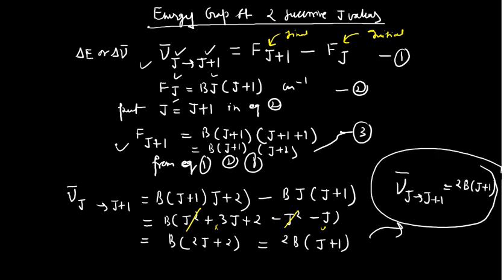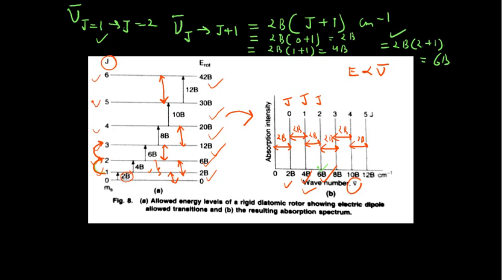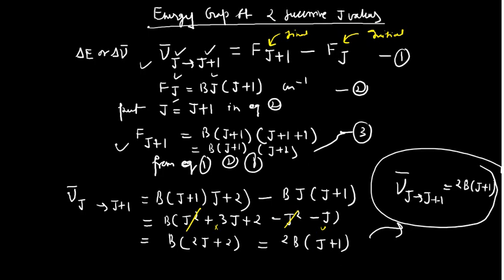See, this equation you were using here. Energy gap is something different, for which I have shown you the formula. So this is how you can make the different derivations, and you can understand these things very easily. This is the resonance phenomenon in your microwave spectroscopy. Energy for a rigid diatomic molecule in terms of the rotational term is Fj equal to Bj into j plus 1, and the energy gap between two successive energy levels, which I have calculated using the formula delta nu bar equal to 2B into j plus 1. So these formulas are very, very important.